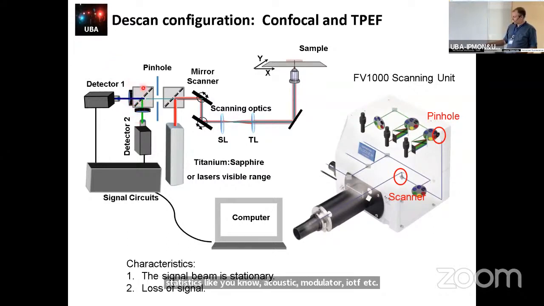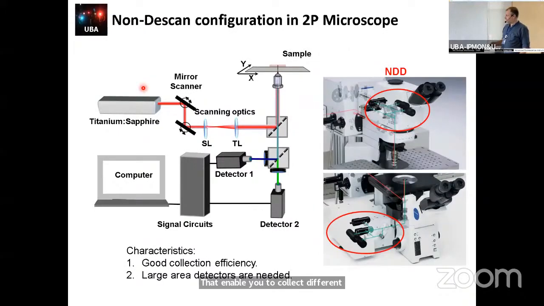But this is the configuration. One difference with 2-photon excitation is we can take advantage of not using a pinhole, right? And if we don't use a pinhole, eventually we can collect the light before the scanner, right? So we will do the same configuration. We will use the laser and then the scanner and then the scanning optics to focus our light in